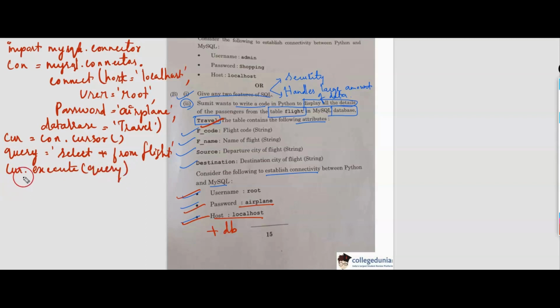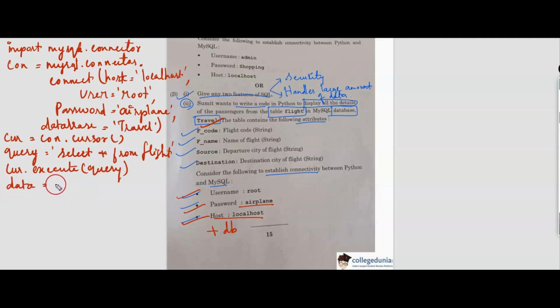After that, to display all the data, we are using the fetchall function. We store the fetched result in the variable named data.